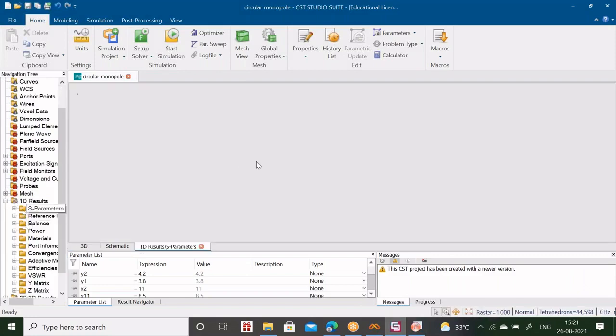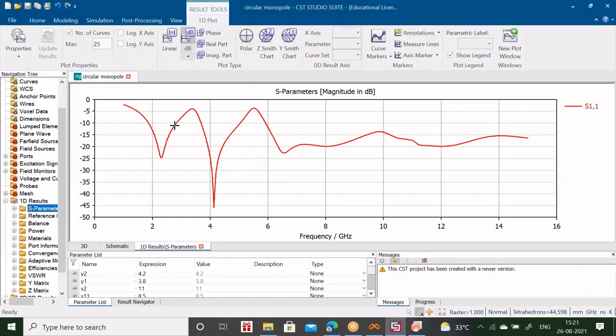So this is one model, a notch band antenna model. You can see two notches are there. So this antenna has two notches and in the remaining band it is working. So if you want to export this particular result, okay, so